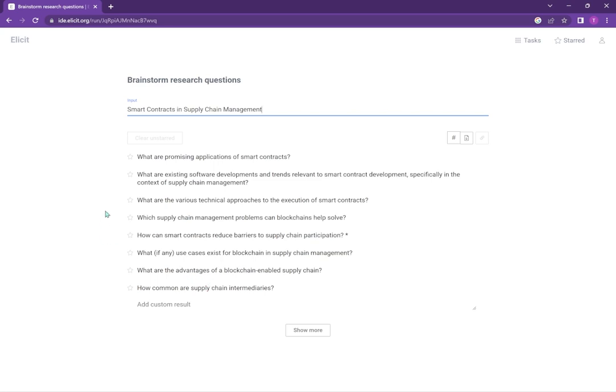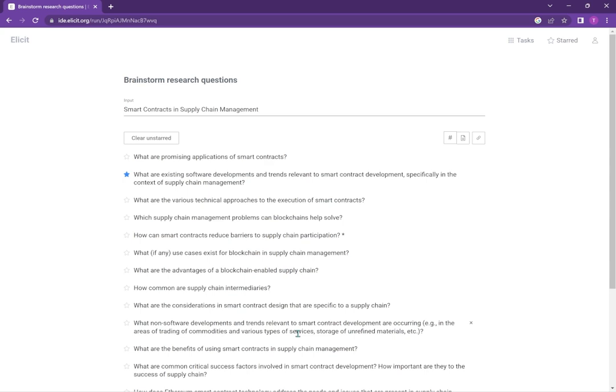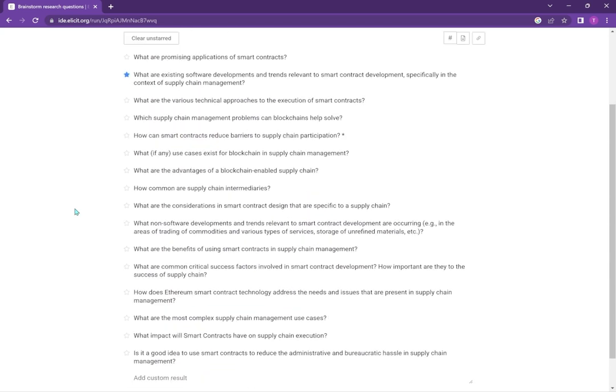But because I'm interested in this type of research question, I just clicked on the star, and then you can see the options here have already changed, showing more like the star. So now you are starting with the brainstorming. Now, once you have selected a few of these options, the system will give you more options related to whatever you have selected, the starred one. Okay, so just click here and it will give you more options, but these options are really linked with what you have already